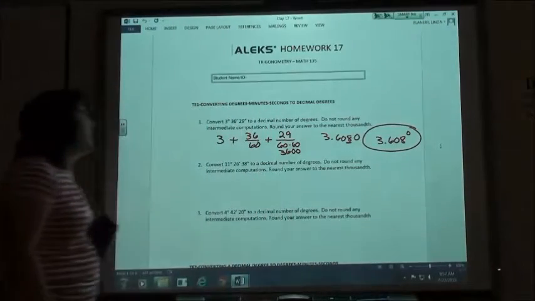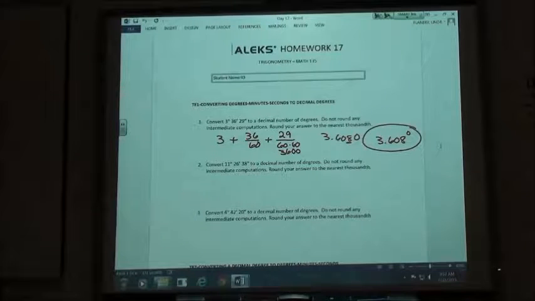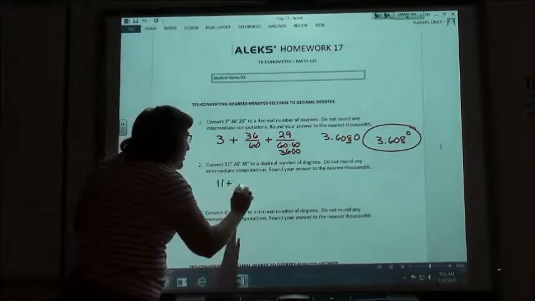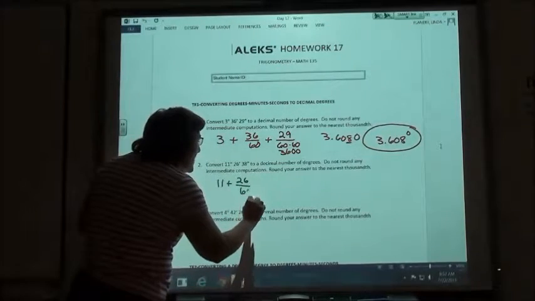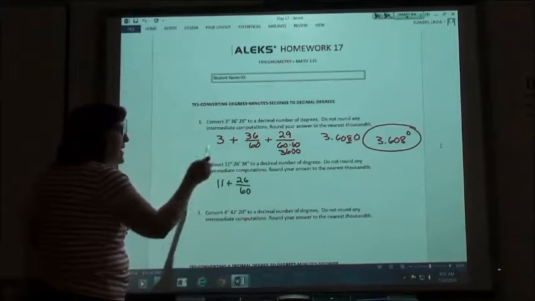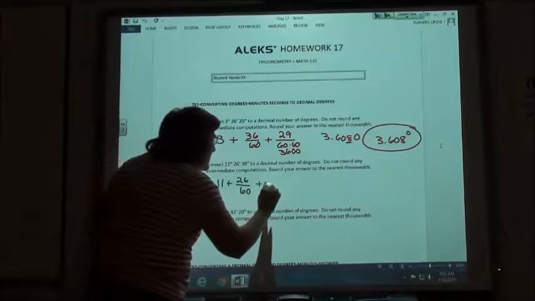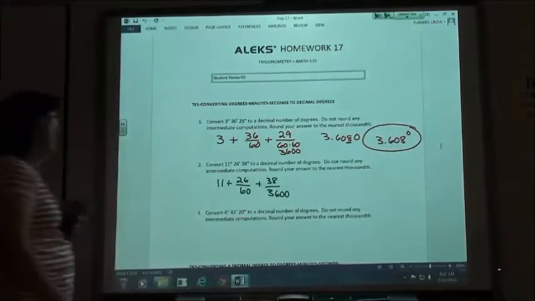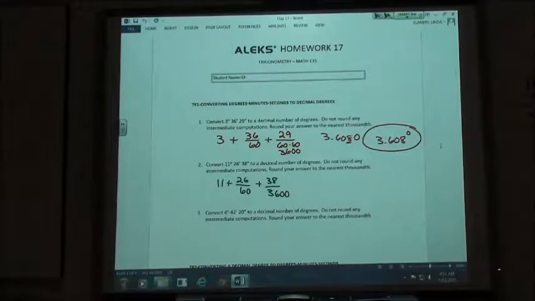So number 2, same kind of thing, 11 degrees, 26 minutes, and 38 seconds to decimal degrees. So 11 plus 26 over 60, since there are 60 minutes in a degree, plus 38 over 3,600. And punch that in. 11 plus 26 divided by 60 plus 38 divided by 3,600. And I get